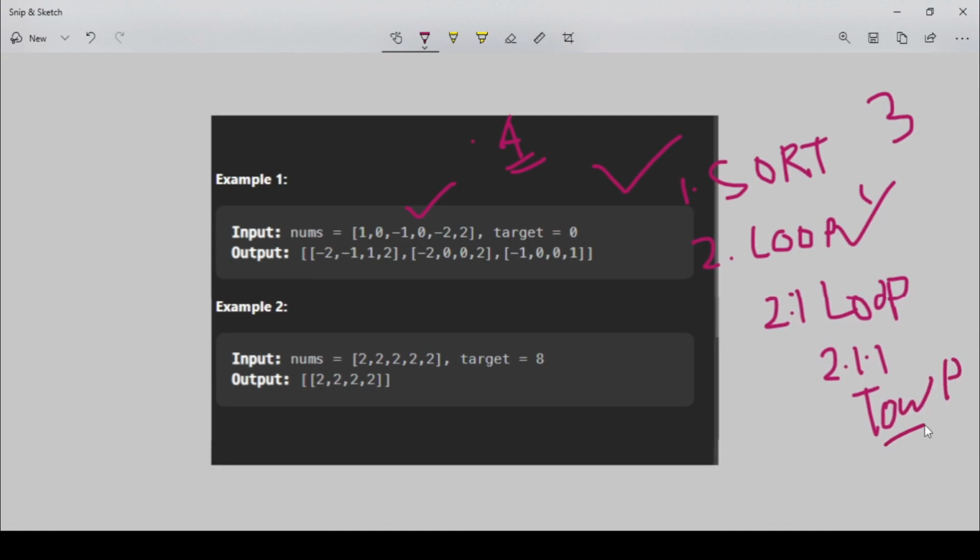Okay, so if we summarize the approach, first of all, this is the unsorted array. First of all, we need to sort the array. Then we simply use a loop to iterate through, and then we use another loop in between that loop to iterate. Using this inner loop we'll be able to find a single element, and using this nested loop or inner loop we'll be able to